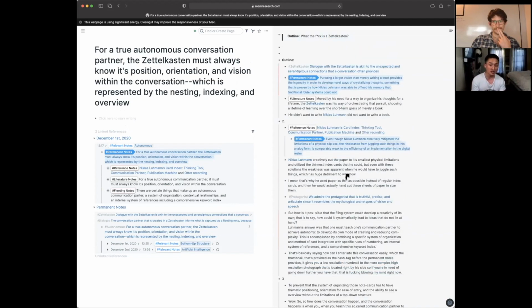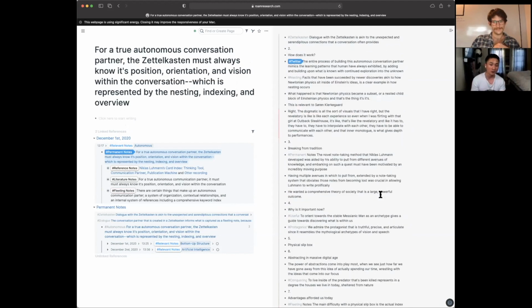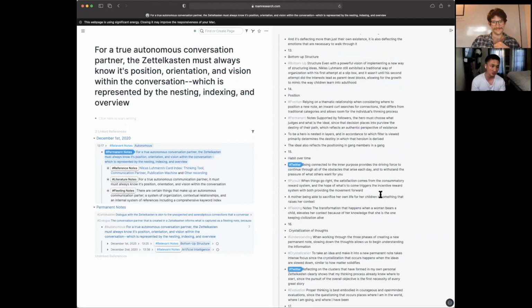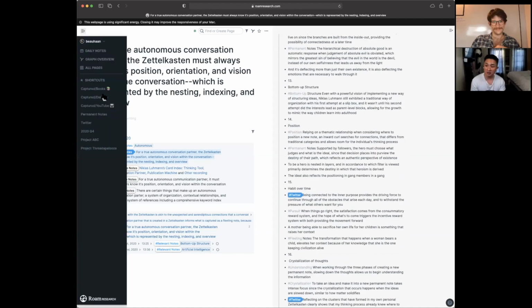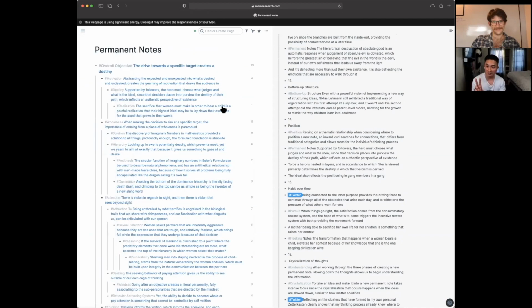So I can go through this outline here that I made earlier, and I've already got my Threadapalooza ready to go. All I did was just drag things in. This took me 15 minutes. But let me take a look at my permanent notes here. So I've got two different Zettelkastens. I got a permanent note here. So this one I have. Well, let me